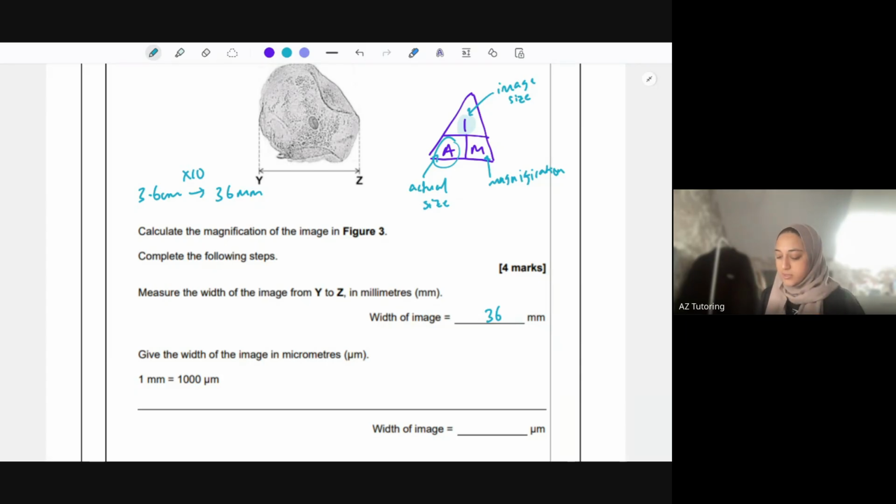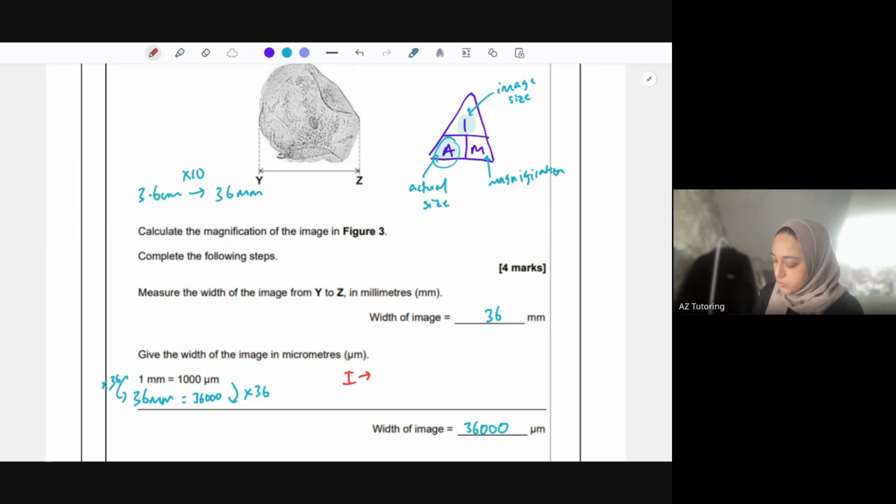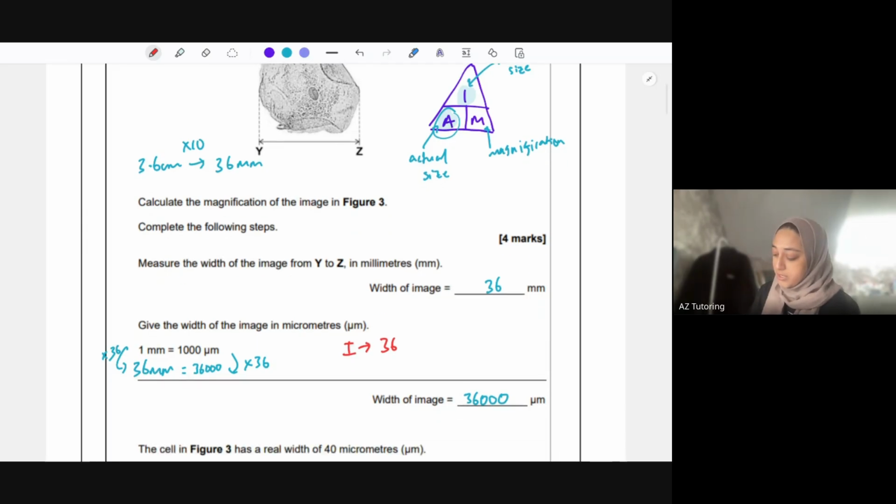We've got 36 millimeters. So to get from 1 to 36, we're timesing by 36. So we would times the other side by 36 as well. So 1,000 times 36 gives you 36,000. Okay, so we found the actual size now. So we know I in the triangle is 36,000, because we've timesed it up to micrometers,